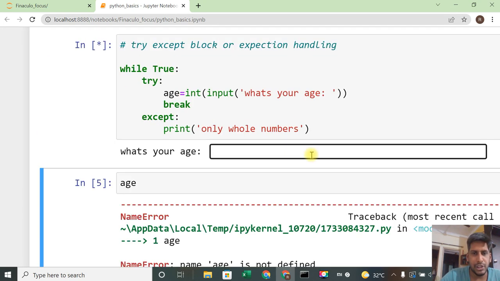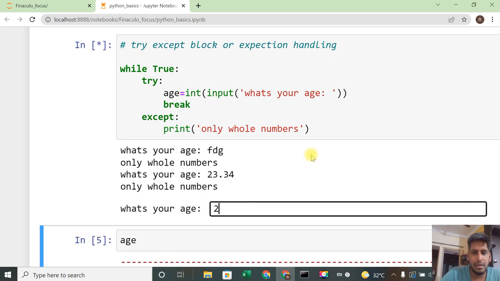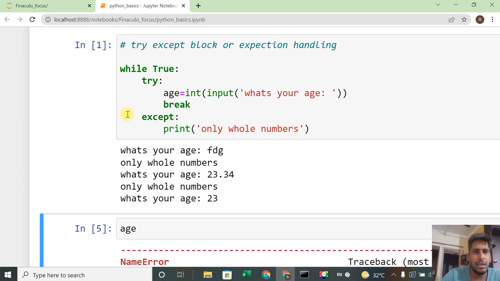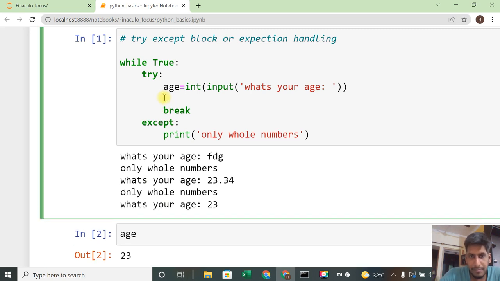Like I executed. If I give some text, it is not taking. Given a value, it took it and broke the loop also. It is not running continuously now. 23 is the age we took. I can also mention a specific value before breaking. Like I say, if age is between 18 and 45,